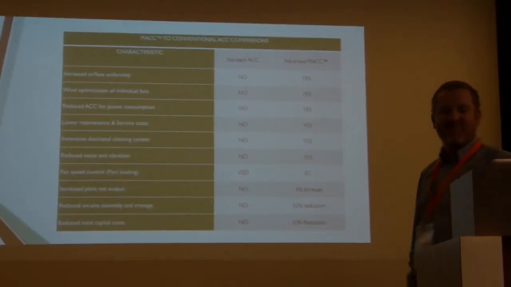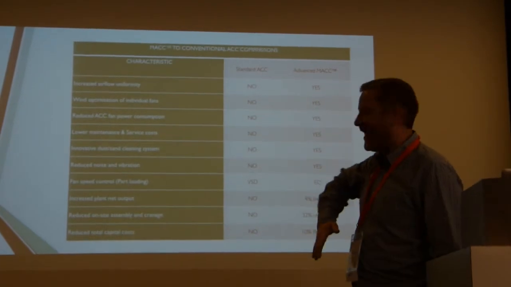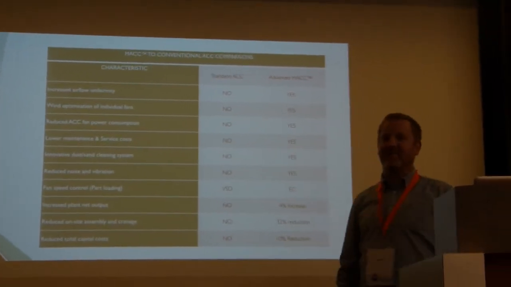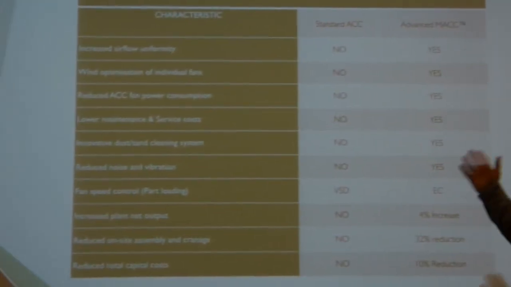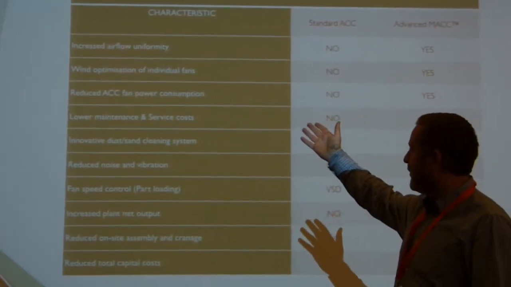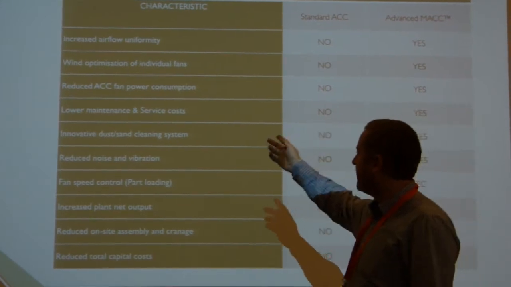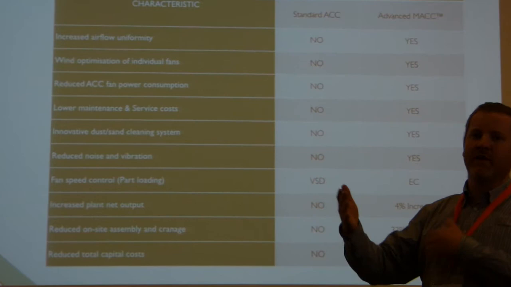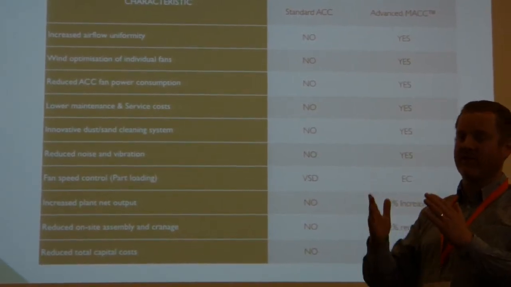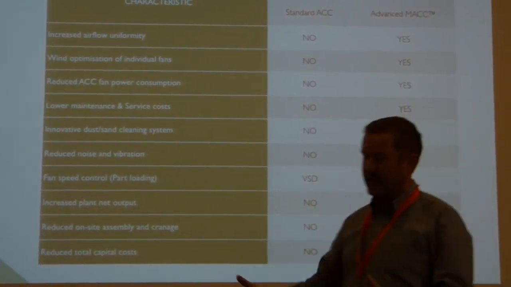Okay. So this starts like with everything on it. This is all the great things about our product over the conventional ACC. So just to list a few of them, we've uniformity of airflow. That writing's a bit small actually. We optimise for the wind, so if the wind is coming from the north, we know it's coming from the north, we will make an intelligent decision on which fans turn on, which fans turn off, and use the power